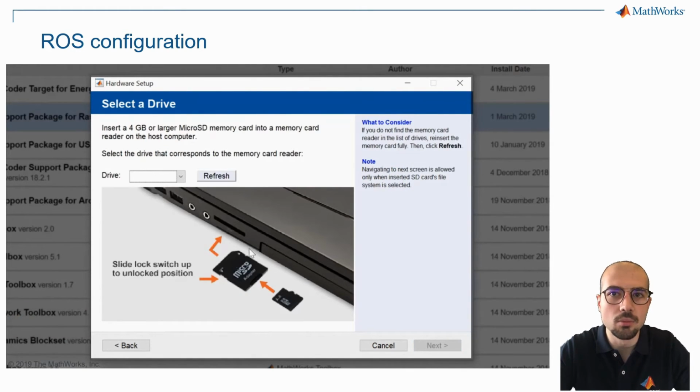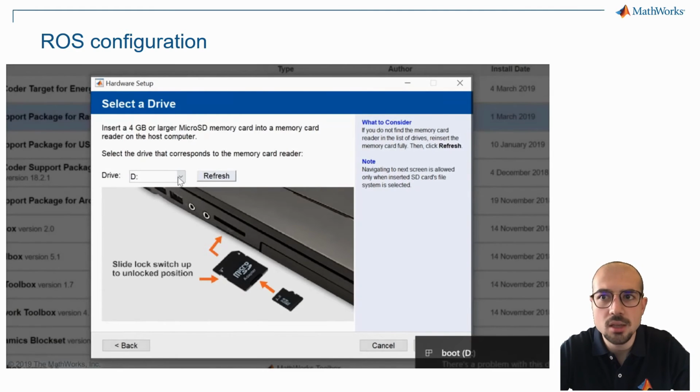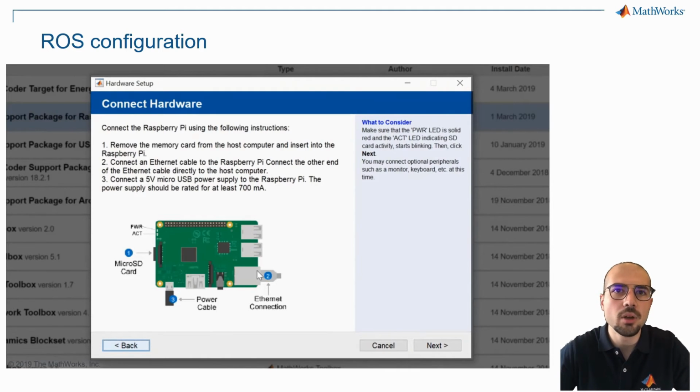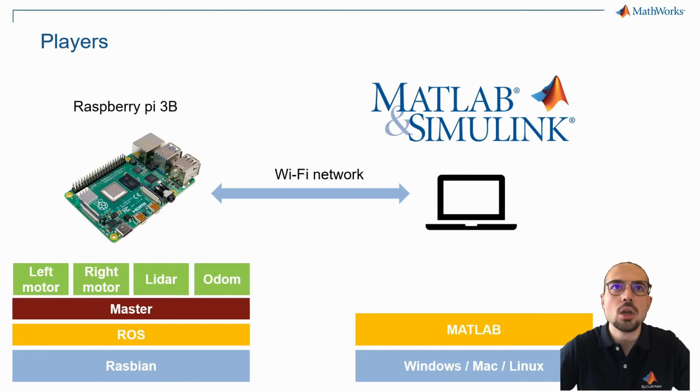with the computer. Of course, there are different ways in order to do this, depending on how your configuration of the PC and the Raspberry is. Okay, once we have done this, we can finish and we are sure of the connection. So we have now installed Raspbian and ROS, and we are ready to work with the Raspberry Pi.